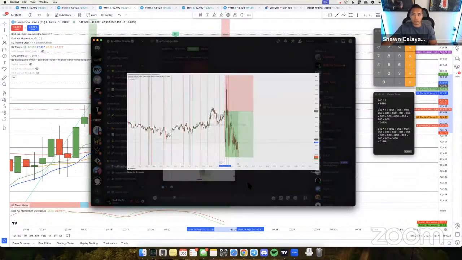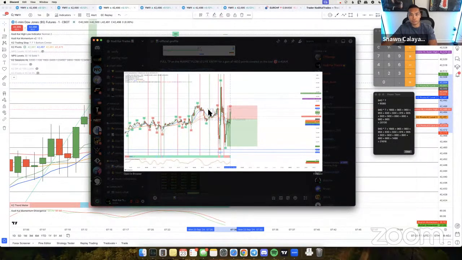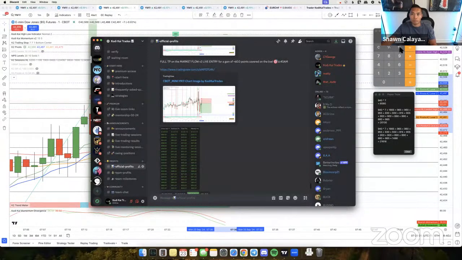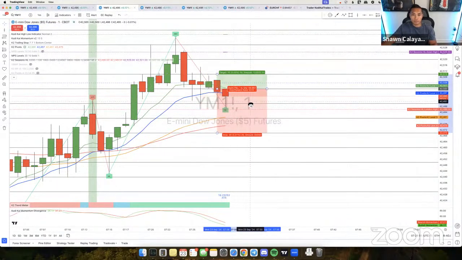So that's how much profit I locked in for the breakout, and then also the market flow V2 right here that hit for 60 points. Also for this, I only took it for partial. If I took it for the full 60 points, my profits would be way more. It'd probably be like 40,000 in total. That's crazy, for just 2 trades with a decent risk to reward.